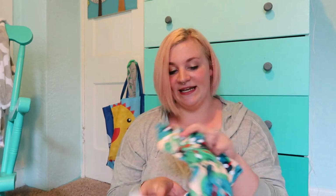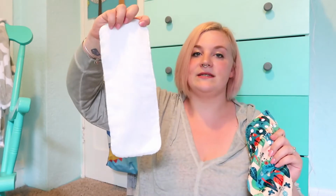You can get them on wish.com, you can get them straight from Alva. I find that Alva has the very best patterns, so if you're like a collector and you want all the different fun stuff, I love them for this reason. Now the inserts that come with the Alva diapers, they're these big rectangles. I don't think they're that great, but the best part about a pocket diaper is there's no reason you can't